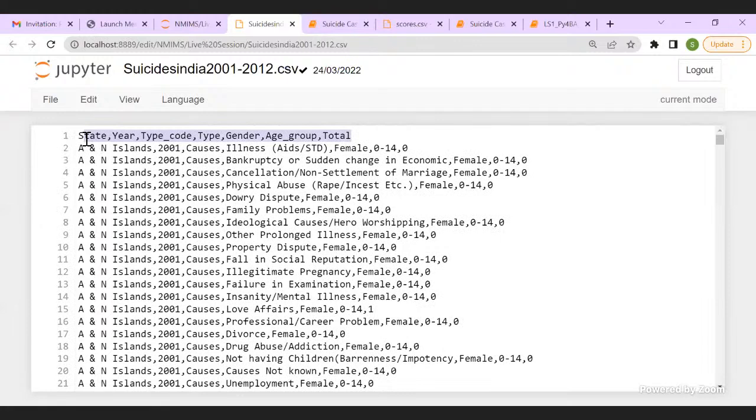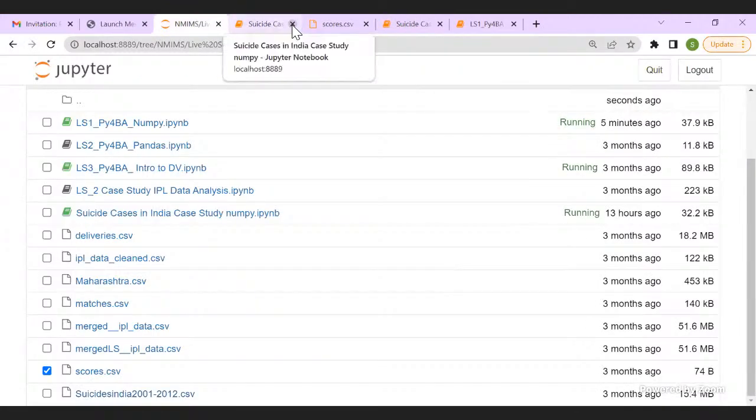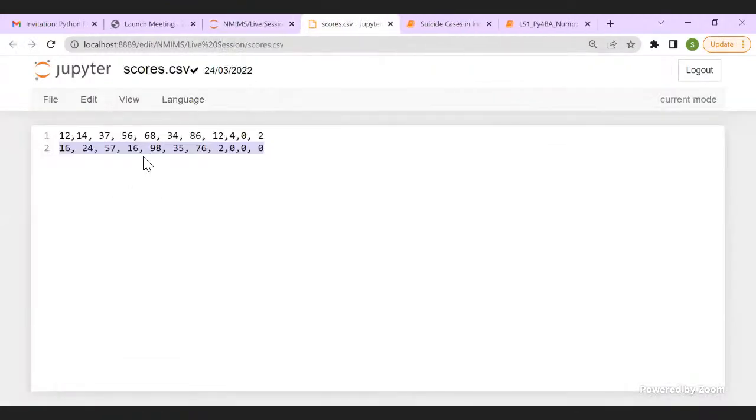So the first row would be the names of your columns. But for simplification, just to introduce you and so you do not get overwhelmed, I am using a very simple CSV where you have two rows of data for the teams.